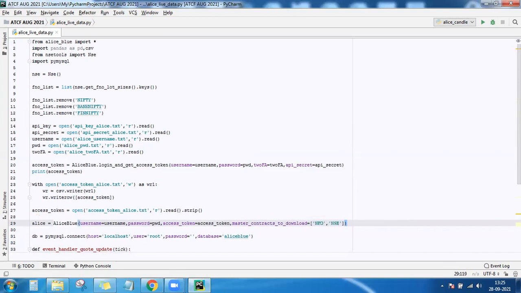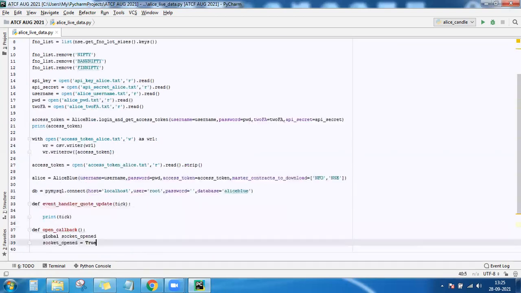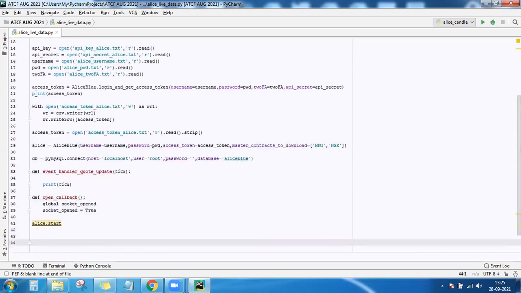Whatever cash market data that is there, it should download everything. And in future, whatever symbol I'm going to ask it, it should refer to this master contract. And only if that symbol is present in the master contract, then Allies Blue will understand what the stock is, and only then it will be able to give you the live data.